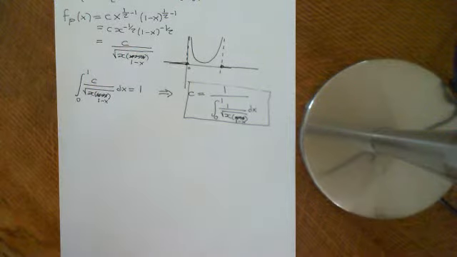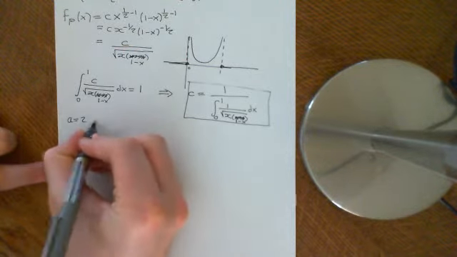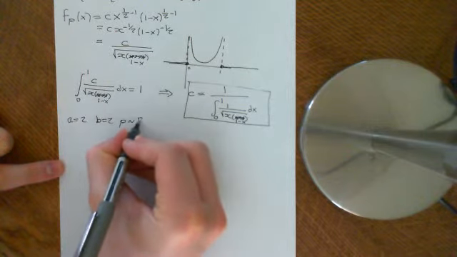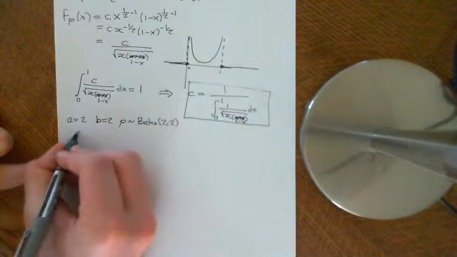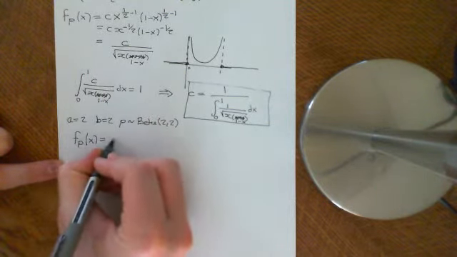Okay, in this next video we're going to look at one final example for the beta distribution, which is the example that a is equal to 2 and b is also equal to 2. So P is beta distributed with parameters 2 and 2. Okay, so that means that the probability density function on the open interval 0, 1 is going to be some